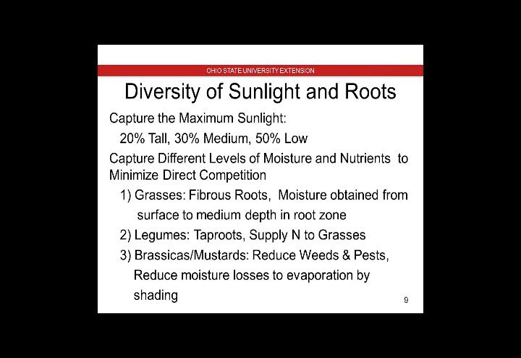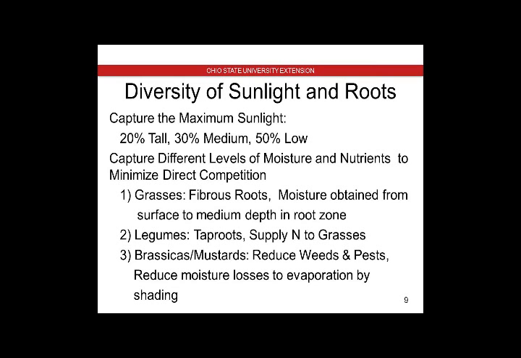We also want to think about the different root structures and how we can capture different levels of moisture and nutrients. The grasses tend to have more of a fibrous root system. The moisture is going to be obtained anywhere from the surface down to medium depths in that root zone. Legumes tend to have taproots, and they're also going to help supply nitrogen to those grasses.